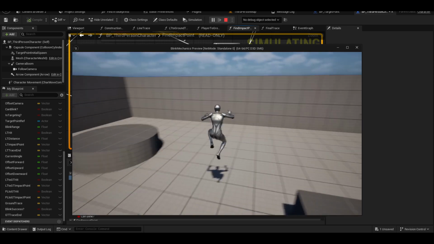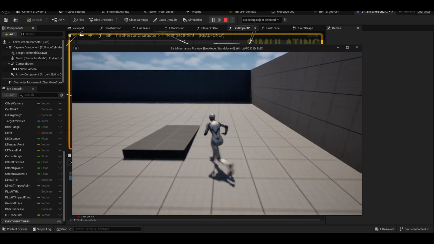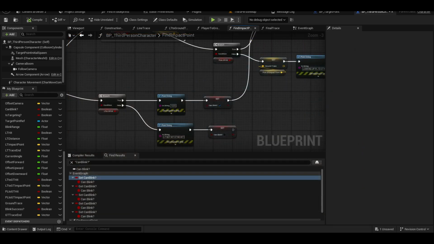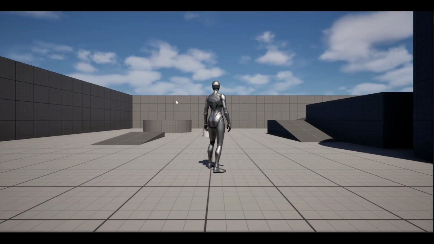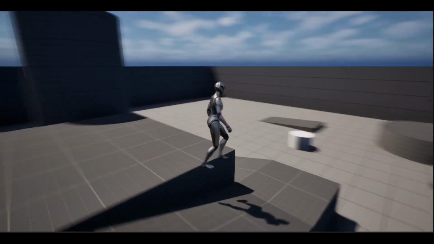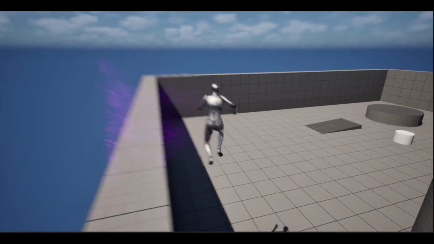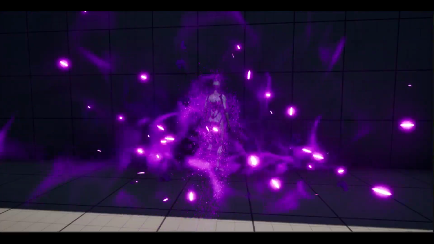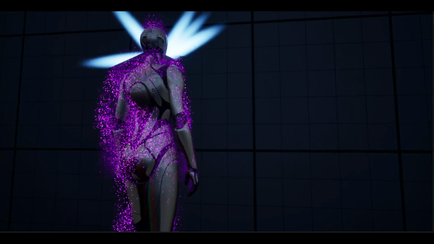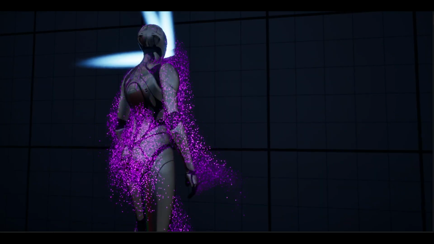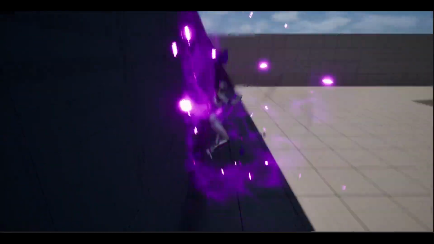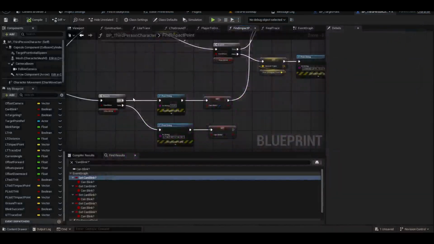For VFX, maybe next time I'll show you how to make the VFX. This is my project, it has VFX like that. The only problem left, this is an easy fix. This one is making you teleport the wall. So what you can do,